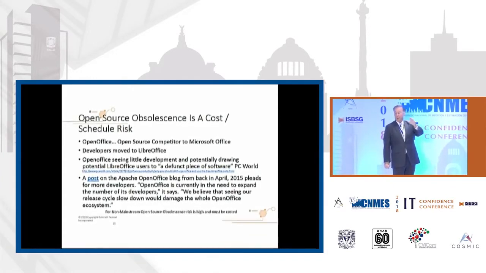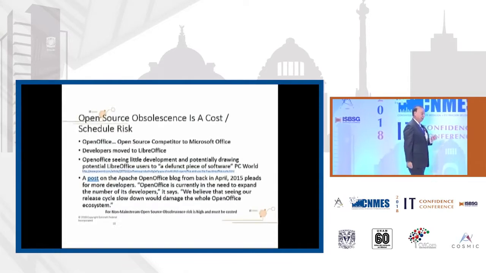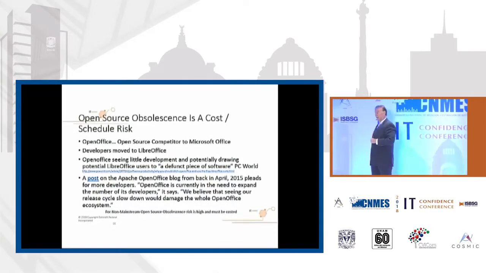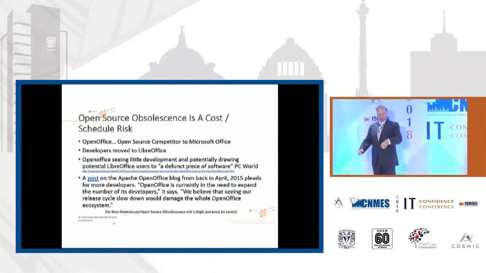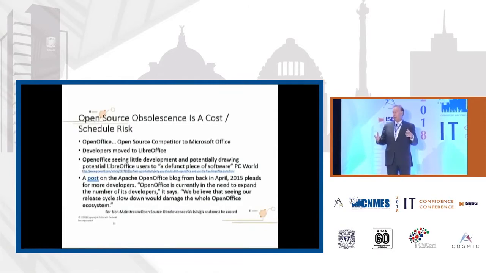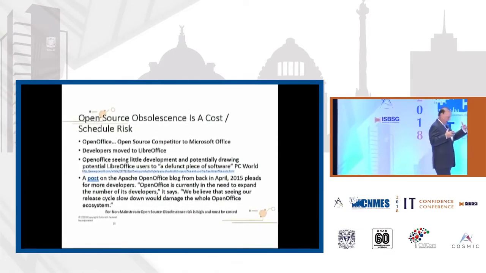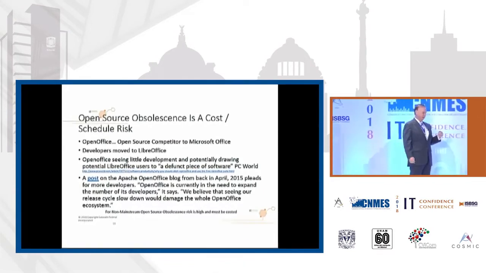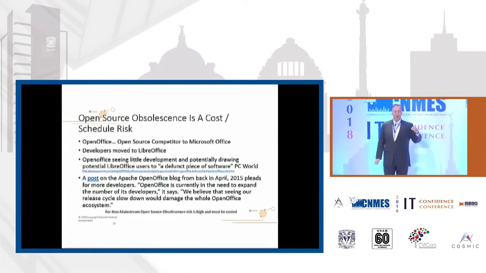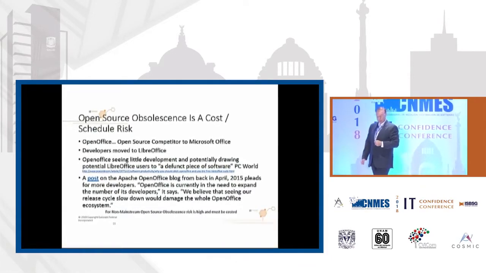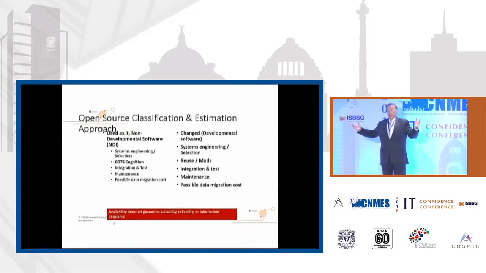This happens on graphics packages. My own company used an open source package for graphics some years ago. It worked pretty well. And then over time, the developer community stopped supporting it. We had to change graphics packages. And that was not a significant thing. So had we done a plan for total ownership costs, we would have had the probability and risk of having to redo something because the open source no longer supports it. Or you can support it yourself, and now you've taken on a huge, huge problem.